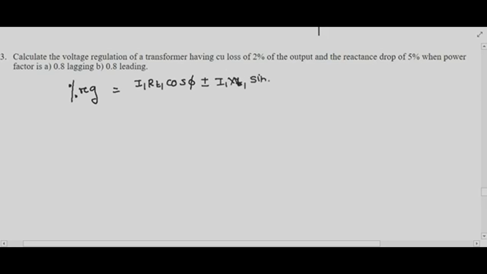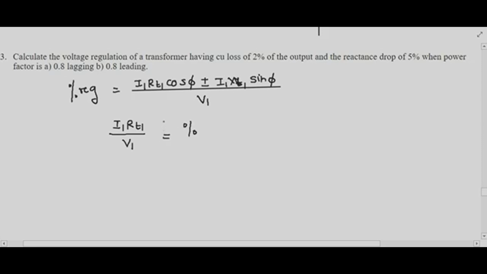sine phi, divided by V1. What is this? I1 RT1 divided by V1. What is RT1? Equivalent resistance referred to the primary side. XT1 is the equivalent reactance of the transformer referred to the primary side. What is V1? Voltage applied across the primary side. Nothing is given to you in this problem, only the drops are given to you. But students, I1 RT1 upon V1 is nothing but equal to percentage